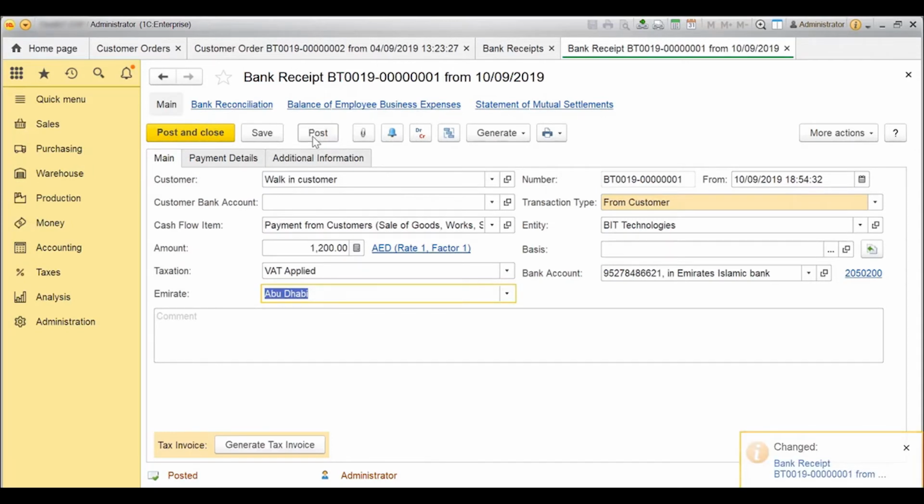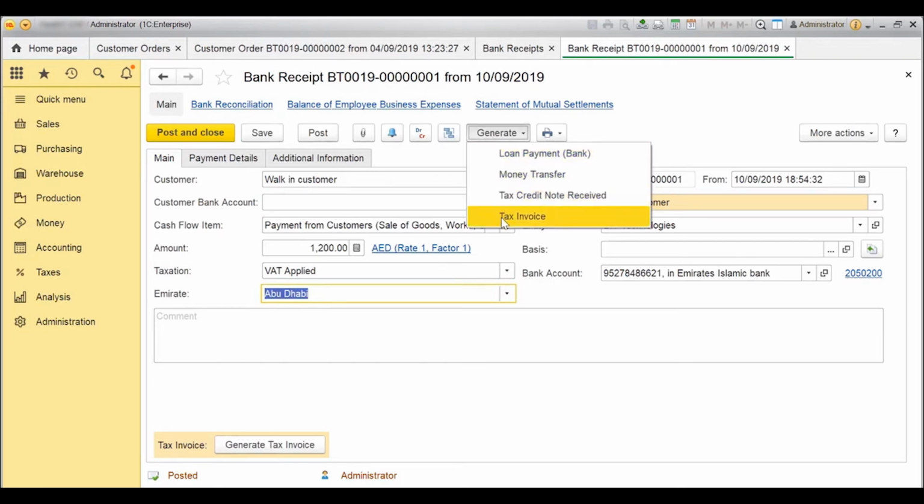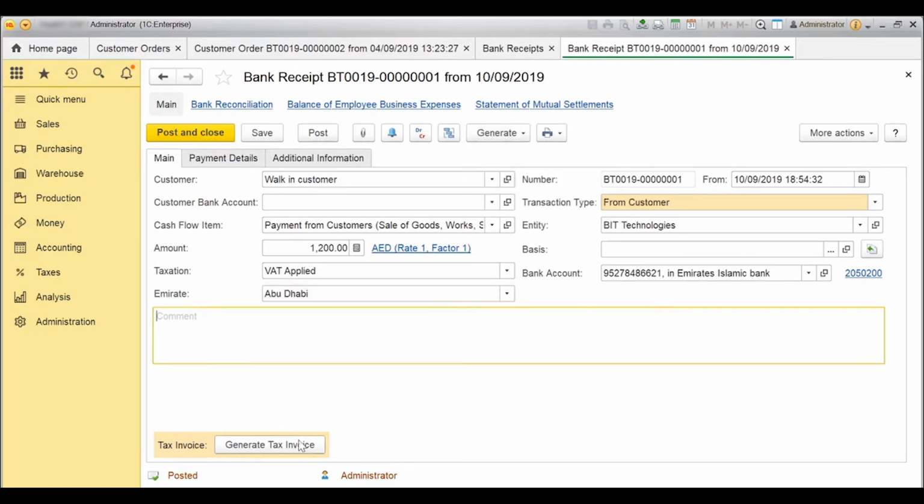You will need to record a tax invoice document based on the first document created in the database, that is out of invoice and advance payment receipt document. Once the advance document is posted, the Generate Tax option is available at the bottom of this form. You can click on that or use the Generate option in the document to create a tax invoice document. I will click on this option. The number will be auto-generated with the date of the issuing.